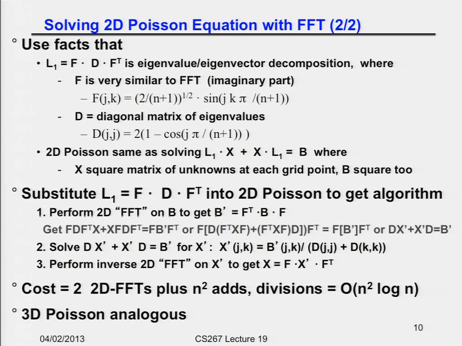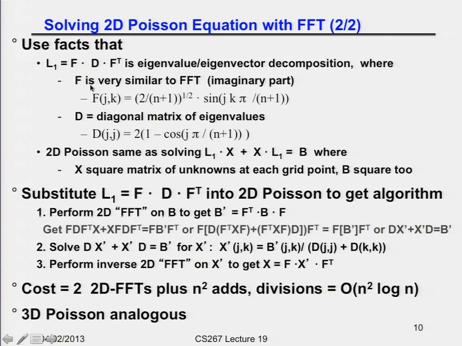And so here's the classic way we do it. I'm going to use two interesting facts. The first one is that if I take that one-dimensional matrix, 2's down the diagonal, -1's off, the FFT is basically its matrix of eigenvectors. This is just the fact. So I can factor that matrix into F times a diagonal matrix of eigenvalues times F inverse. And F inverse happens to be the transpose because it's a symmetric matrix, and so its eigenvectors, the inverse of this eigenvector matrix is just the